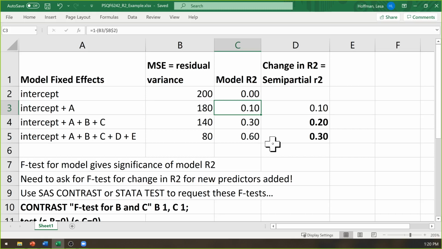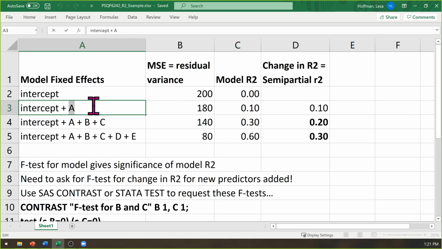We have to look at our F tests. That's one place I could look. So the F test for the model tells me whether the model generated a significant R-square, and if the model has only one predictor in it, where else could I look to get the same information? Our t-test. The t-test for what? The t for the slope.